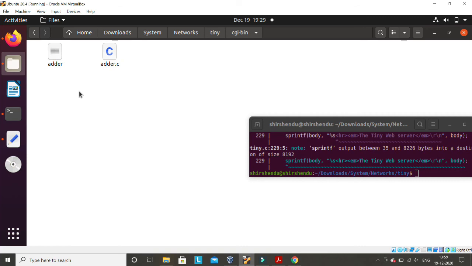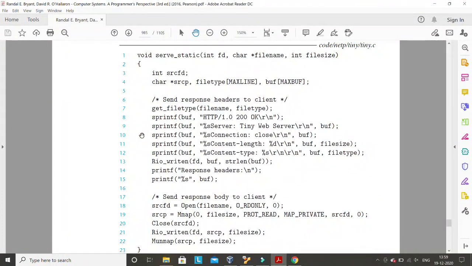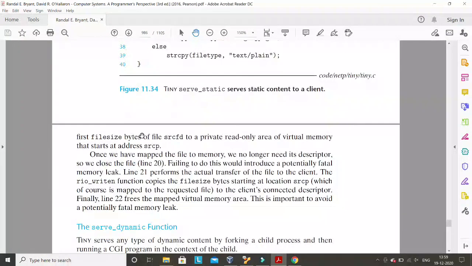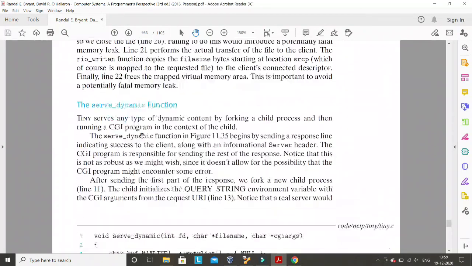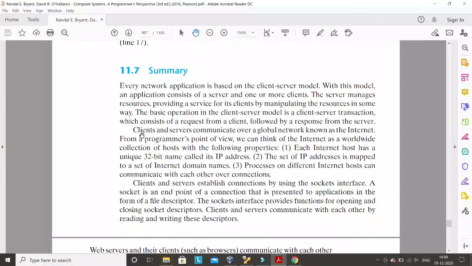I hope you have understood all the concepts that I have explained here. But I know that everything will not be clear from my lecture, because this is completely coding-based. So you have to read this book based on what I have explained. Then only will all these things be clear. Now you can see that this chapter is done. This is just a summary. The next class will start multi-threading, which is